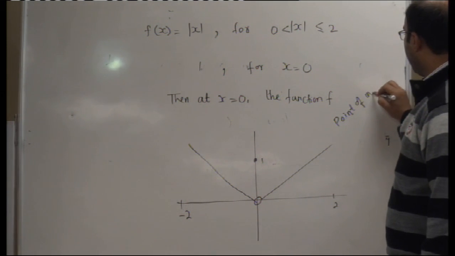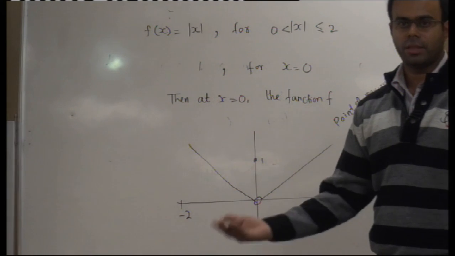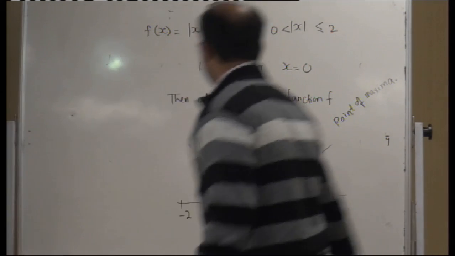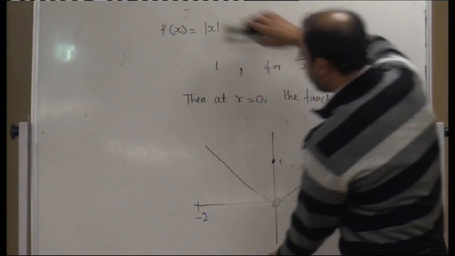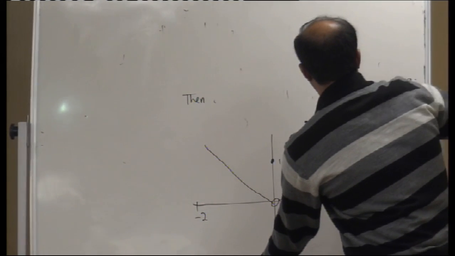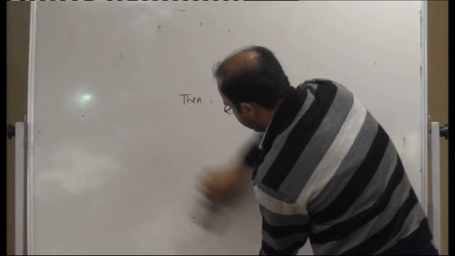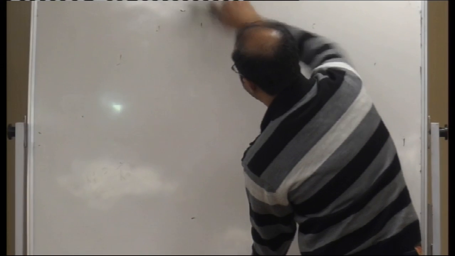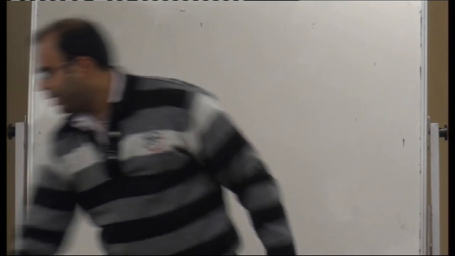Now we go to how we test maxima and minima by the method of derivative. When we talk about the method of derivative for checking maxima and minima, we basically have three methods. One is the single derivative method, another is the double derivative method, and the third one is the nth derivative method. Single derivative method,